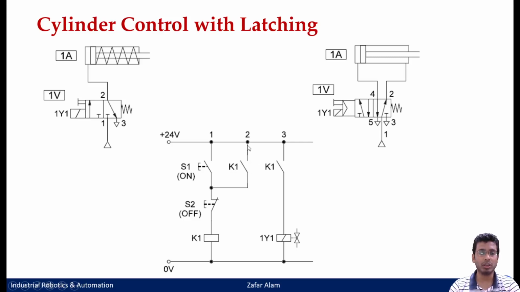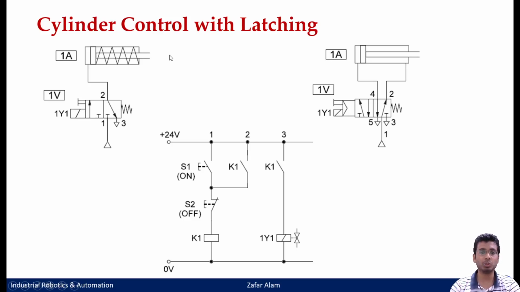Fine. So what it would do is, the moment this relay is energized, it will close the contact, and hence even after this circuit is open, the current will continue to flow here, and this relay K1 will get latched. Okay, so the moment K1 is latched, this K1 will also remain in the latched position. Fine, and hence your Y1 valve solenoid will continue to get engaged, and your cylinder will remain in its extended position.